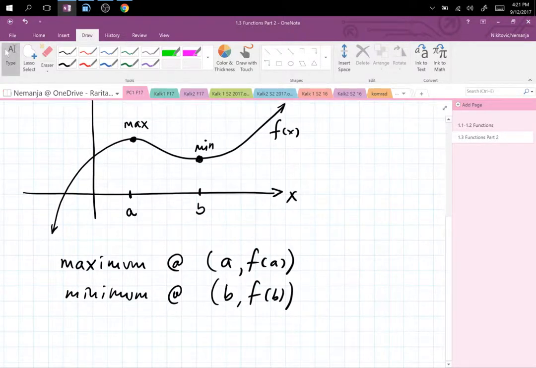I hope you see that on this part, the function goes up. And also here, the function goes up as you move towards the right. We call those increasing parts. So f of x is increasing